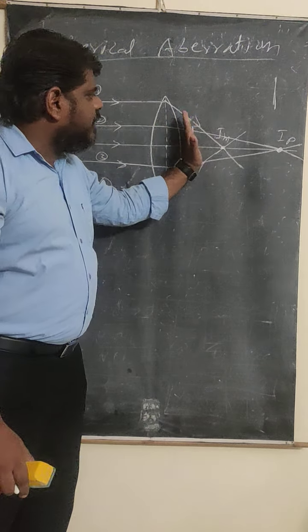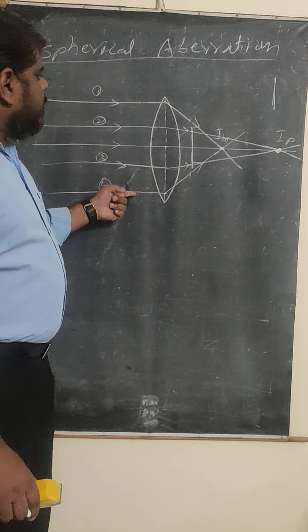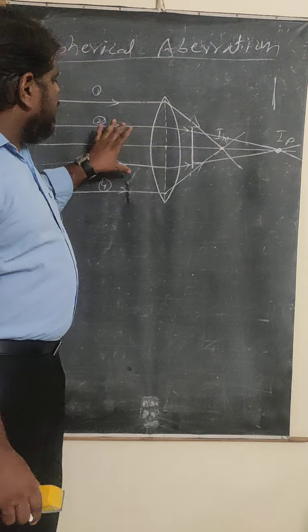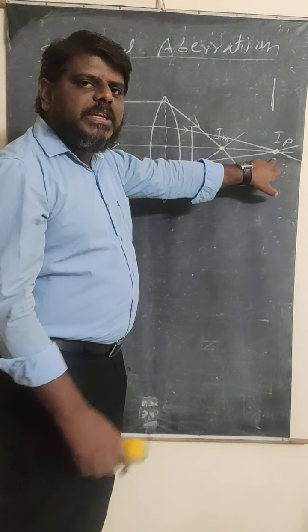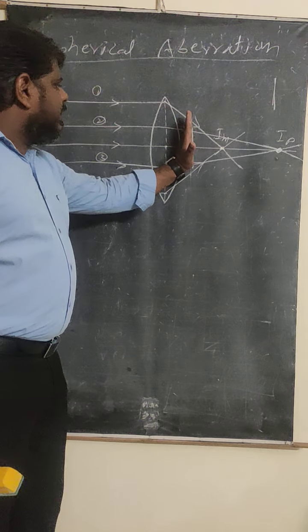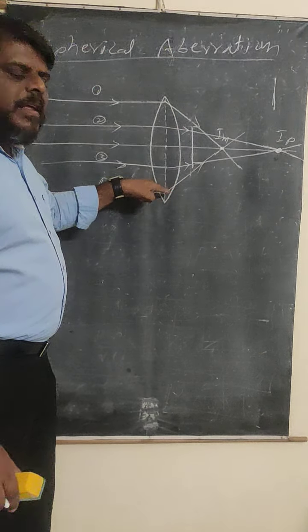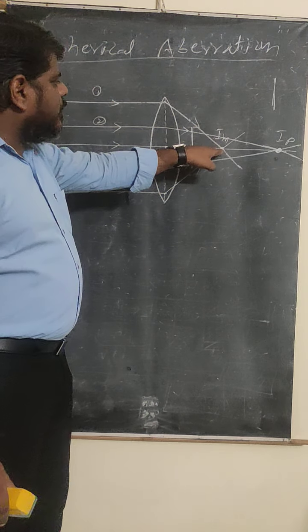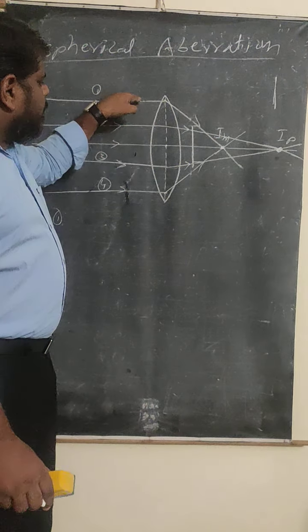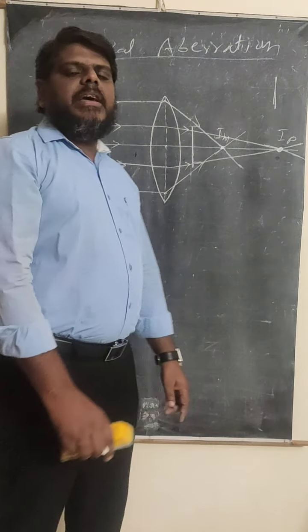That means the marginal rays will not pass through the stopper, and the paraxial rays will stop. These marginal rays are going to produce the image here. For the paraxial rays, the IP image will not be produced, and the IM image is going to be produced, because the marginal rays have been stopped here. Only the paraxial rays will stop. The paraxial rays will travel and be formed. These paraxial rays are going to be stopped here. The marginal rays are going to travel here, and the marginal rays are going to produce the images.